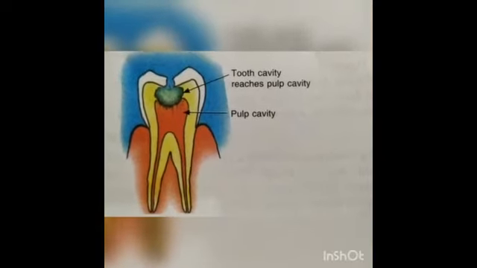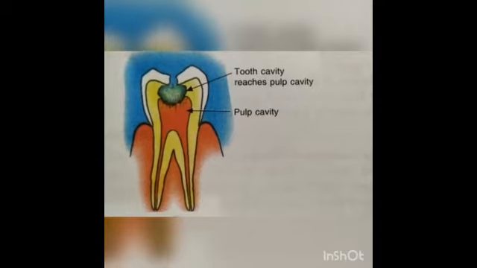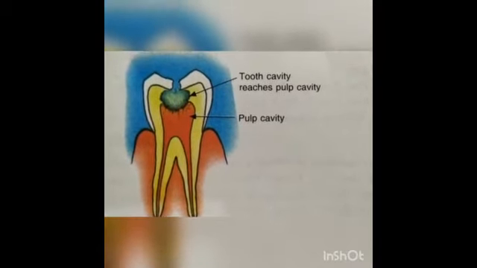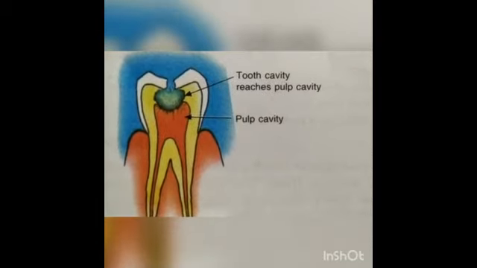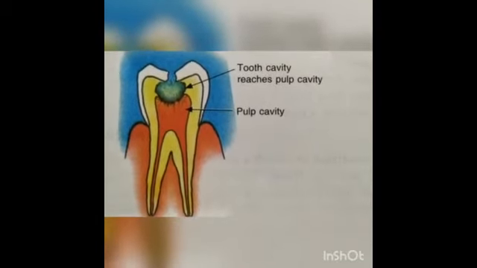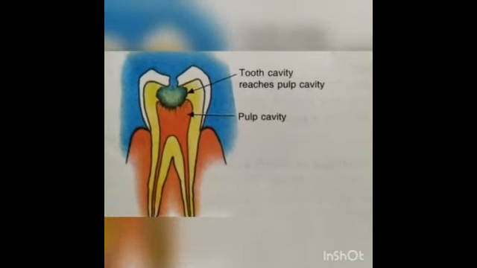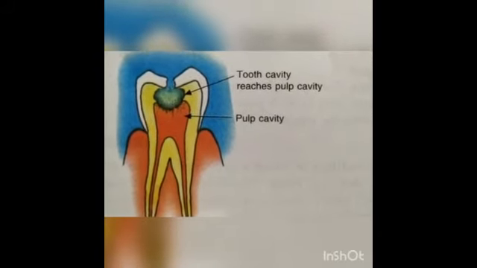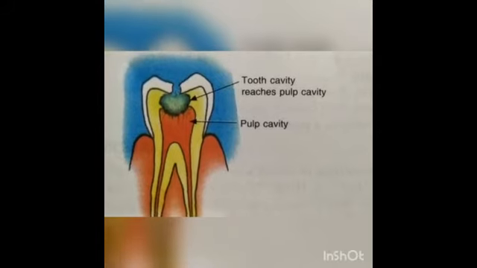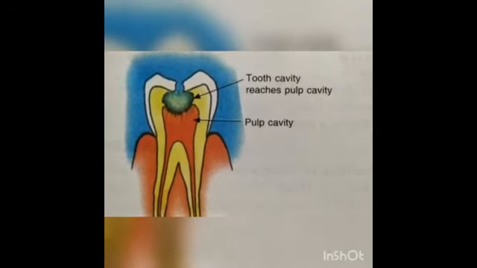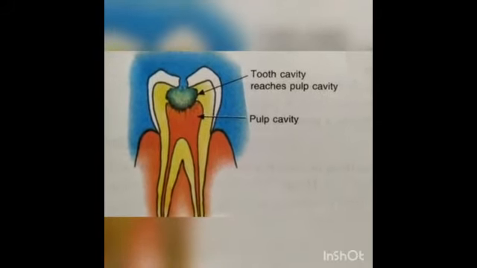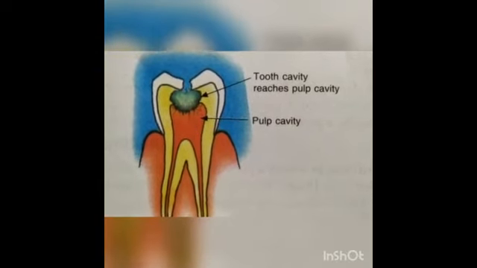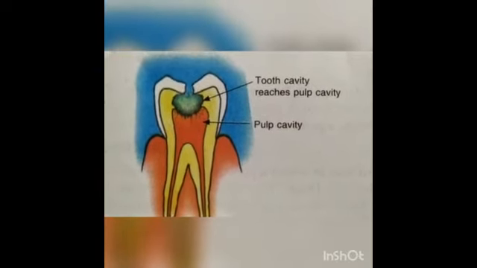Students, by this diagram you will be able to see how tooth decay takes place. See in the diagram slowly. First, the enamel is eaten by the acid produced by the bacteria when they eat sugar or the food which remained in the teeth. This acid slowly, gradually eats the enamel, then it reaches the dentine, and then slowly it reaches the pulp cavity.